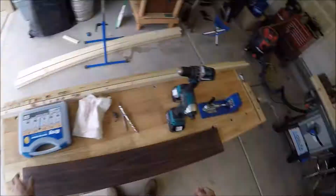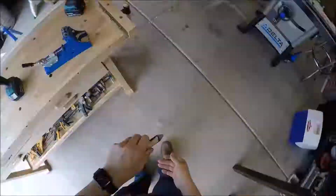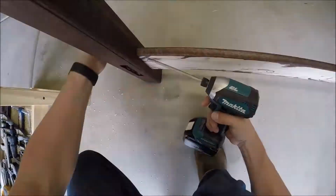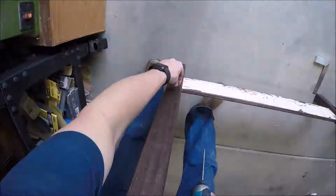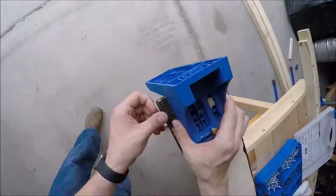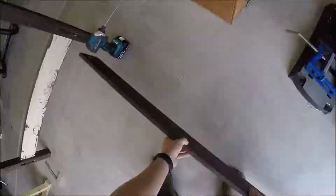So here comes the assembly. Like I said before in this video, I've done one of these before, so I kind of knew what I was doing. The first one took me a lot longer to figure out how to do what. Now I had these half mortises into the posts that go for the headboard, the footboard, and the side rails. But I wanted to make them stronger, and I really wanted to use this Kreg jig for the first time. So I used the Kreg jig to put some screws in through the side to reinforce it,